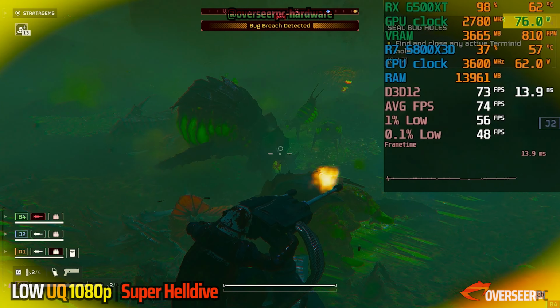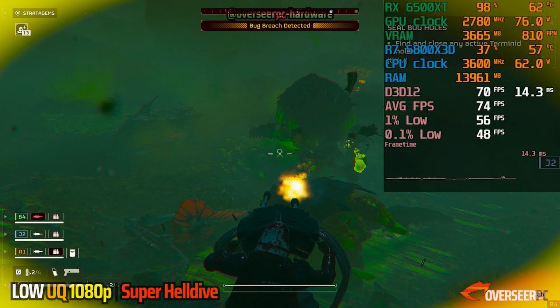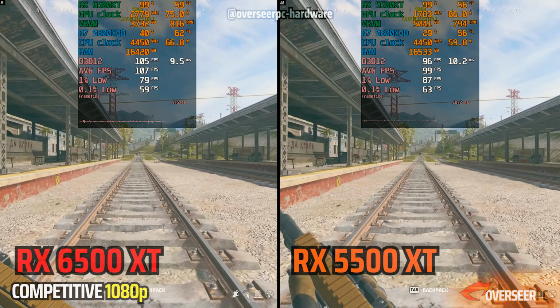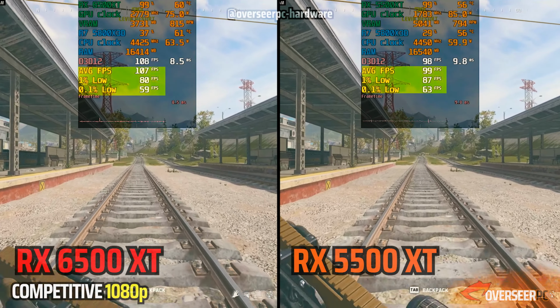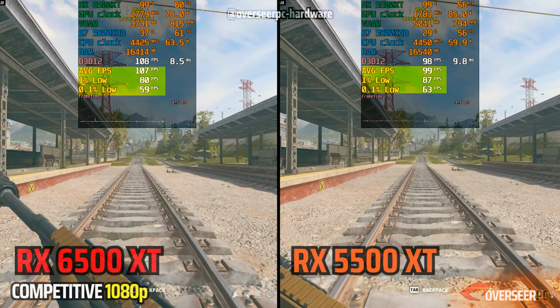Okay, moment of truth. Here we are comparing the RX 6500 XT 4 gigabyte against its predecessor, which is the RX 5500 XT 8 gigabyte. And first up is Warzone. Let's start with the running shot in here, and you can see that FPS is close enough. We have higher FPS with our RX 6500 XT, but the lows are a little bit lower compared to our RX 5500 XT. It is better in terms of GPU power as well, about a 10 watts difference,